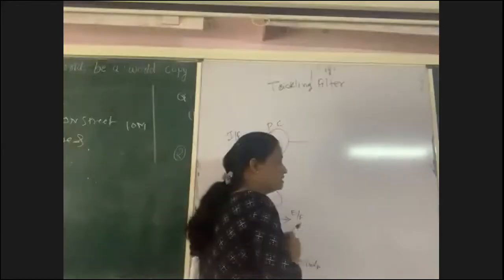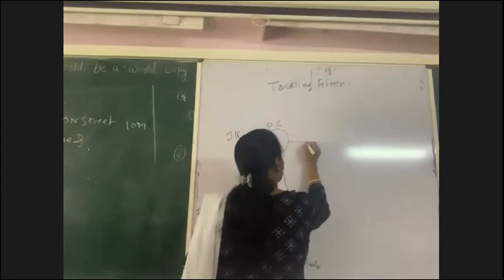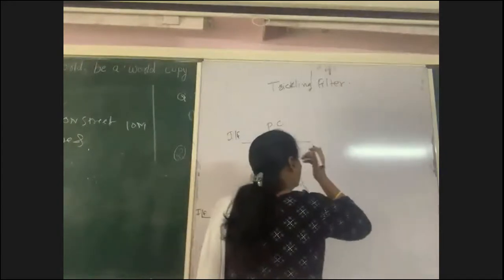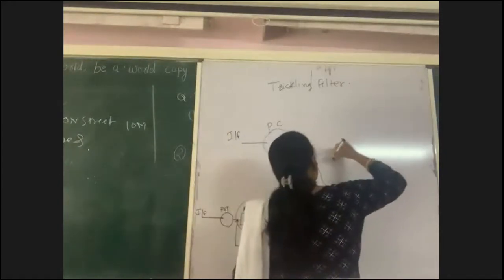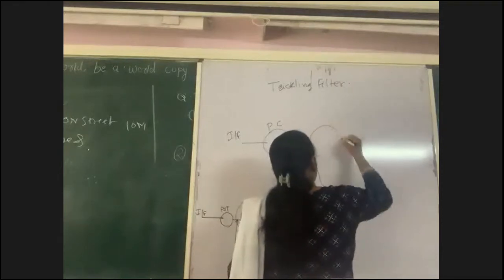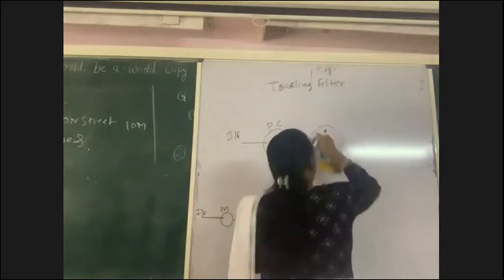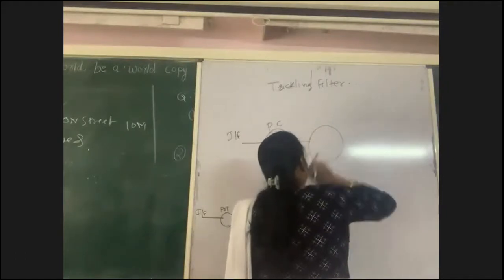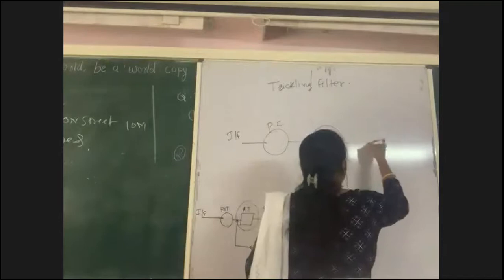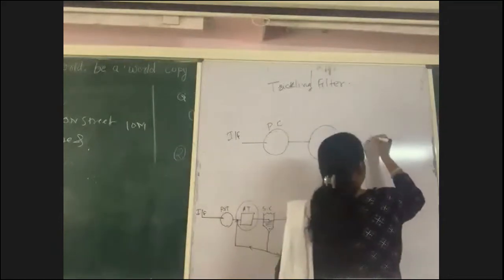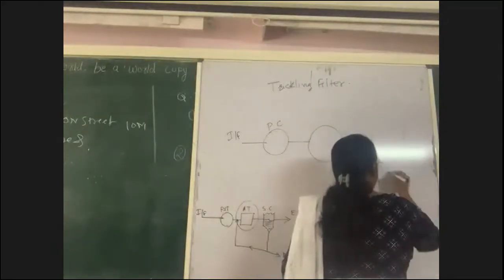Most of the time, trickling filter can be designed in a circular shape instead of rectangular. Why it should be in a circular shape, that I will explain while explaining the working and function of trickling filter. So this is the trickling filter, and then wastewater will go to the secondary clarifier as usual in